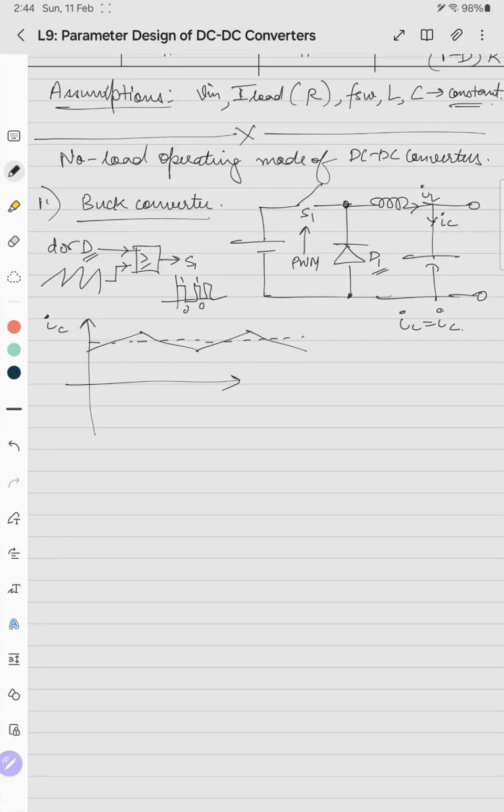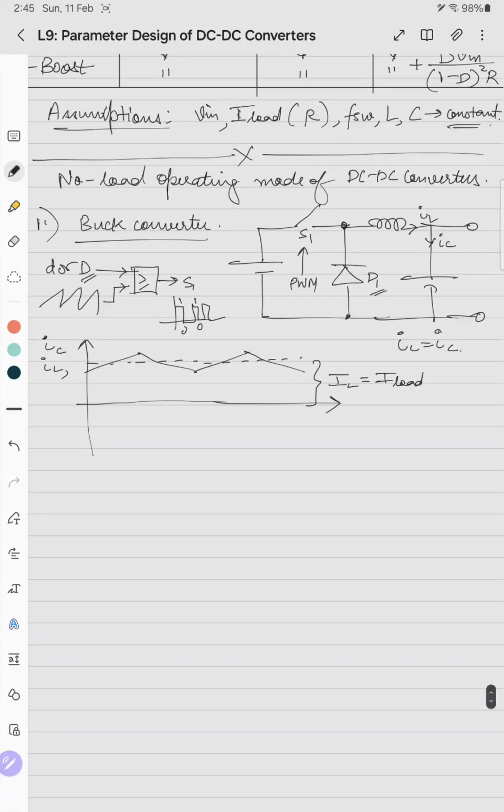So what happens here in this case is, this should typically be the IL value, but the average value of IL was, say, this is IL. For no load, IL equals IC. So let's assume that we are drawing IL and IC. The average value of IL was the load current, but this is 0, which means that this waveform should go down. So if we draw it,